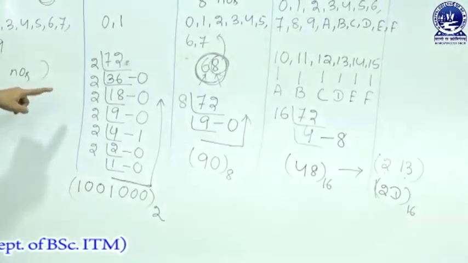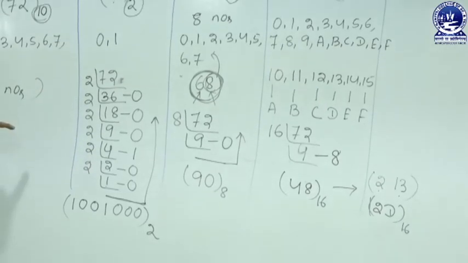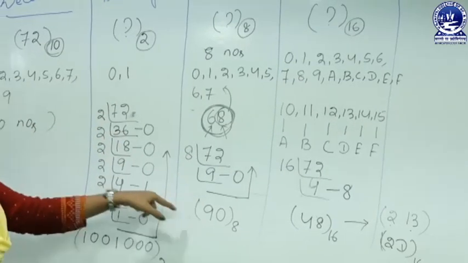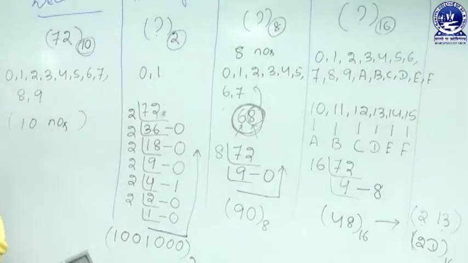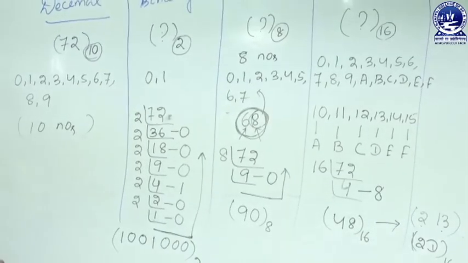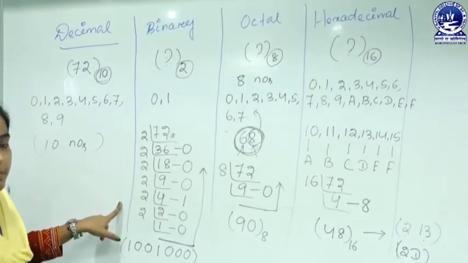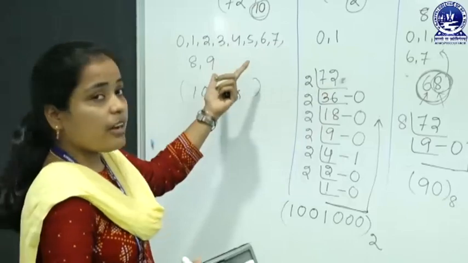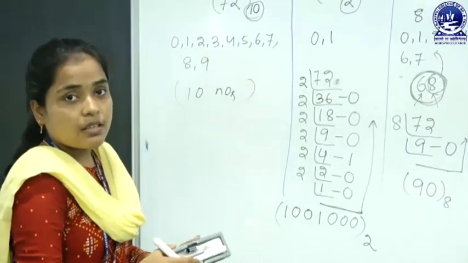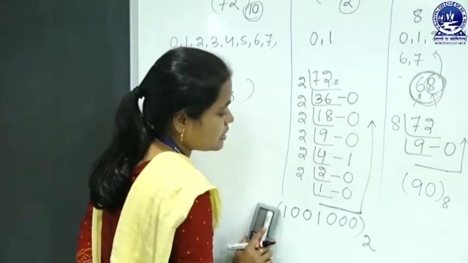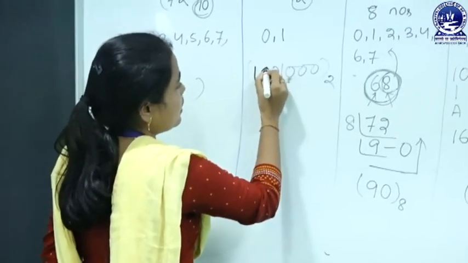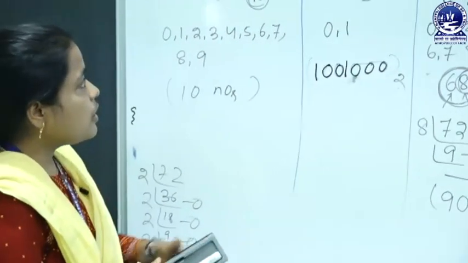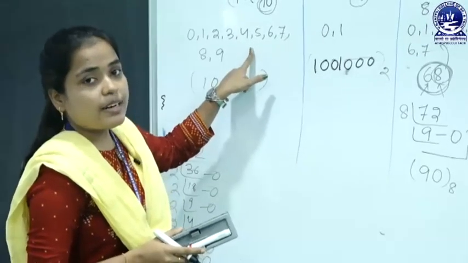So, let's see how to convert in reverse order. That means how to convert the binary value into a decimal number, and the octal value into a decimal number, and also the hexadecimal value. So it is just the opposite of this. We divided by 2, and to convert a binary value into a decimal value we have to multiply. So what is the binary value? It is 1 0 0 1 0 0 0. So we have to convert this binary value into its appropriate decimal form.